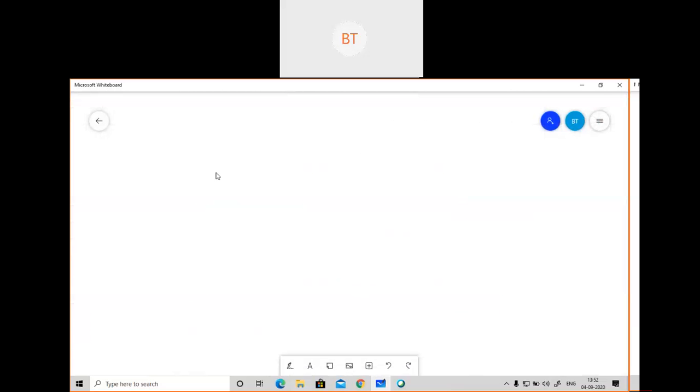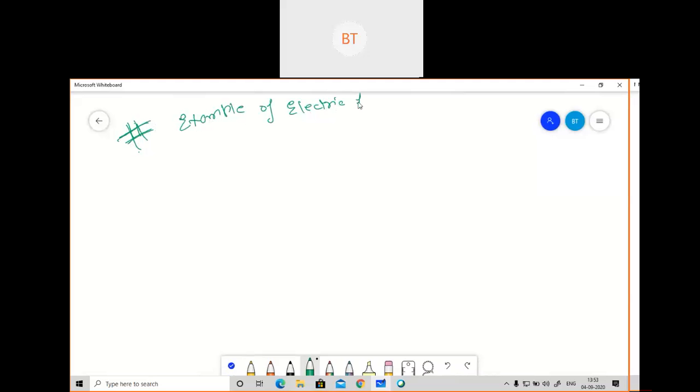Now I think something is remaining in the point charge, so that I am going to solve. One thing is left with point charge: one example of electric field of a point charge. The topic is an example of electric field for a point charge